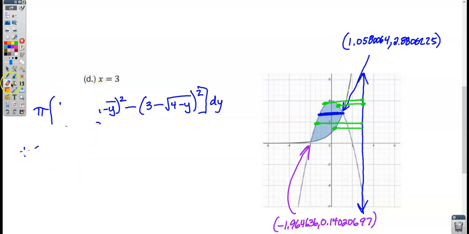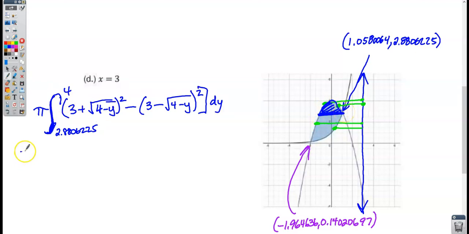Oh my goodness, I just turned that into a mess. This was 3 plus square root of 4 minus y. And my limits of integration for the top piece are 2.8806225 to 4. That's the stuff above